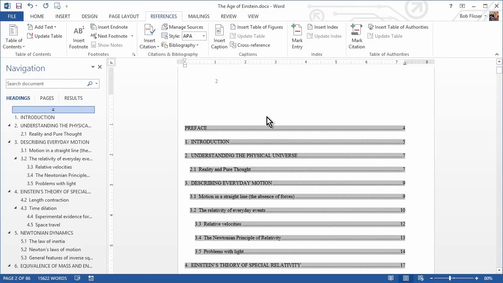And we want to update it. You see it hasn't updated. Now, I don't know if this is a bug or a feature, but sometimes when you roll the mouse over the table of contents, you get a little update button. We saw that earlier. Sometimes you don't, but that's okay because there are 2 other ways that you can update